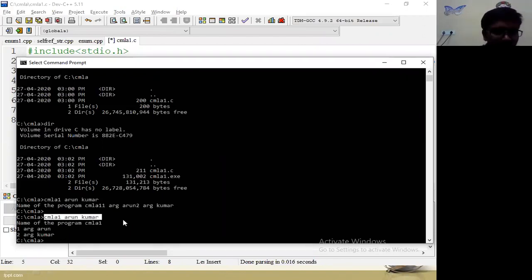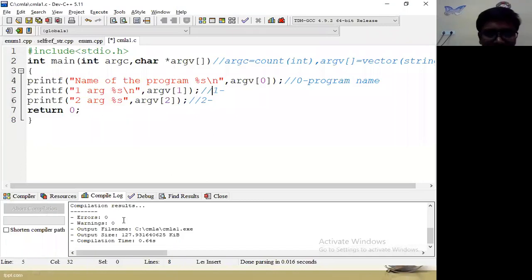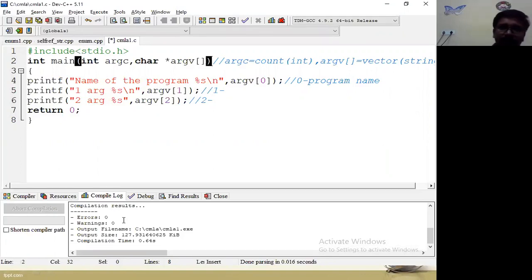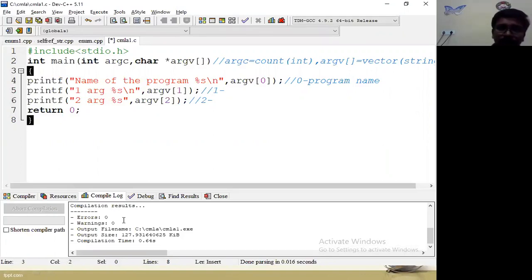It is a program. So through the command line argument, we are passing arguments to a particular program. Let us think deeper about the command line argument. The 0th argument is always fixed for the program name.